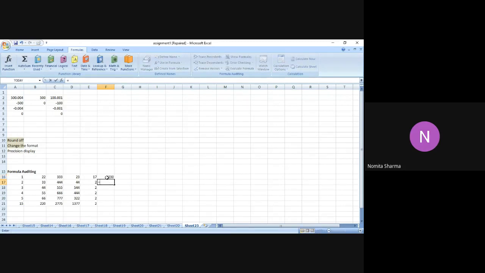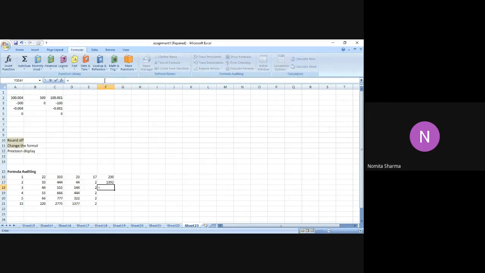I'm just doing random calculations with numbers to have some formula roots which we can track down during formula auditing. So we have D21 plus A21. Oh, A12 is not there, so that is why it has given me that answer. So I say 21, and now this will give me the answer.